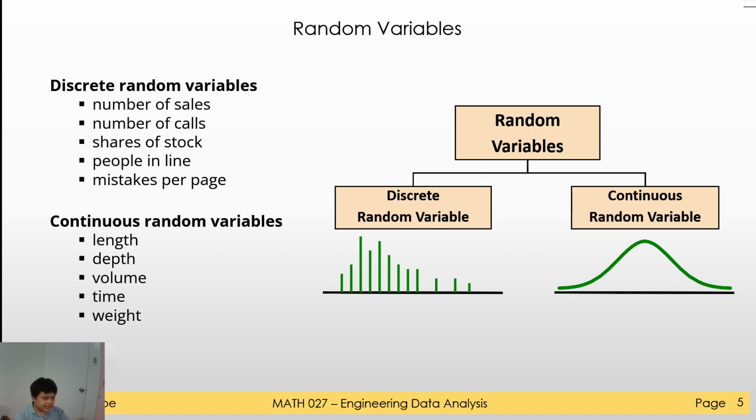So we have examples of discrete random variables and continuous random variables. So the first example for discrete is the number of sales, number of calls, shares of a stock, people in line, mistakes per page. So as you can see, these are all countables, no, by hand, usually. And then continuous random variables are length, depth, volume, time, and weight. So you can see that length has a numerical value or it could contain decimal places. That is the only difference, no, of continuous random variables from the discrete random variable. Okay, now